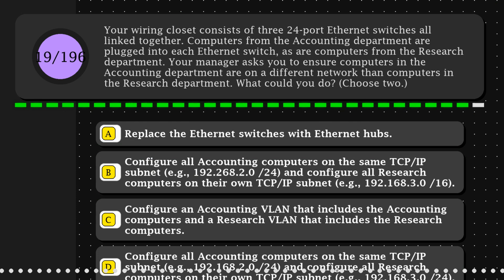Question 19. Your wiring closet consists of three 24-port Ethernet switches all linked together. Computers from the accounting department are plugged into each Ethernet switch, as are computers from the research department. Your manager asks you to ensure computers in the accounting department are on a different network than computers in the research department. What could you do? Choose 2. Option A, replace the Ethernet switches with Ethernet hubs. Option B, configure all accounting computers on the same TCP/IP subnet, example 192.268.2.0/24, and configure all research computers on their own TCP/IP subnet, example